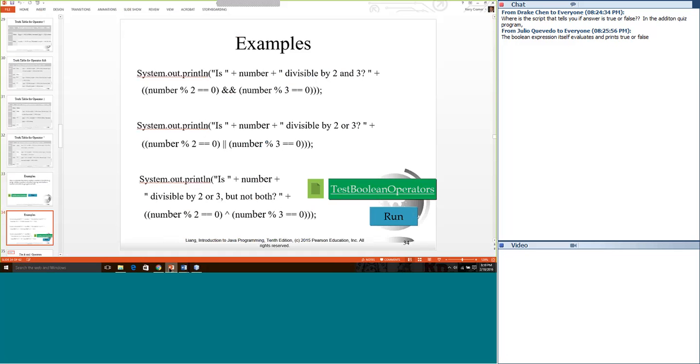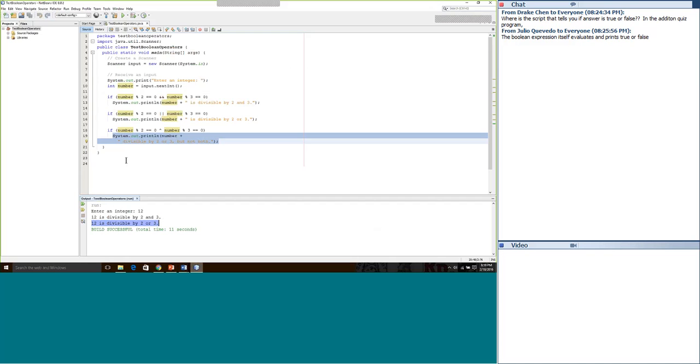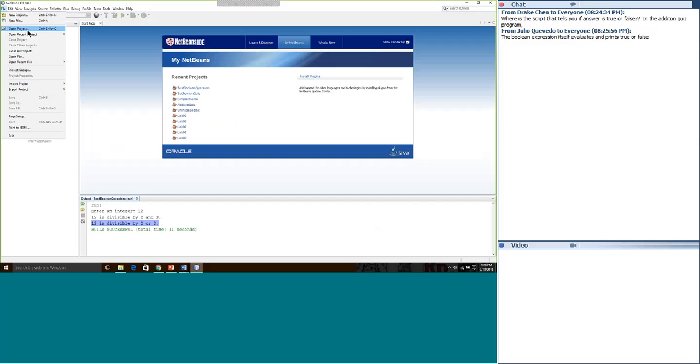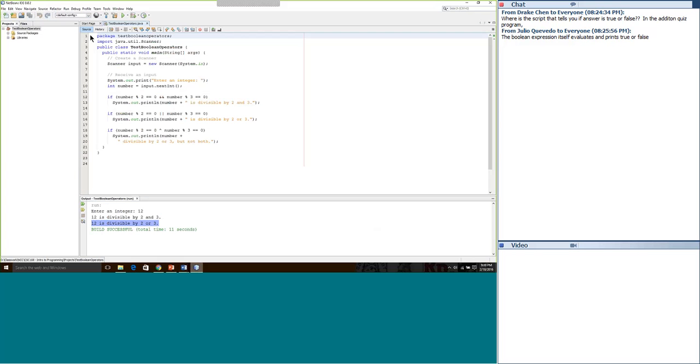All right, let's try test Boolean operators. Okay, what do we got going here? We're getting scanner input. We're asking for an integer.